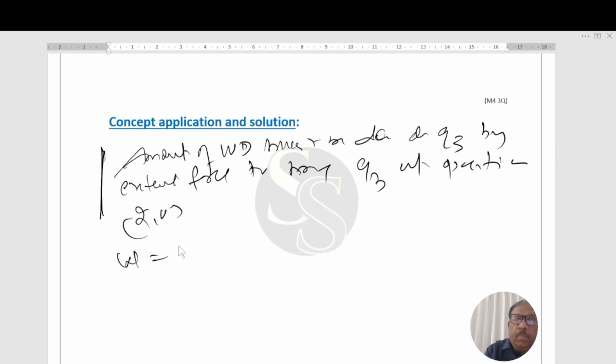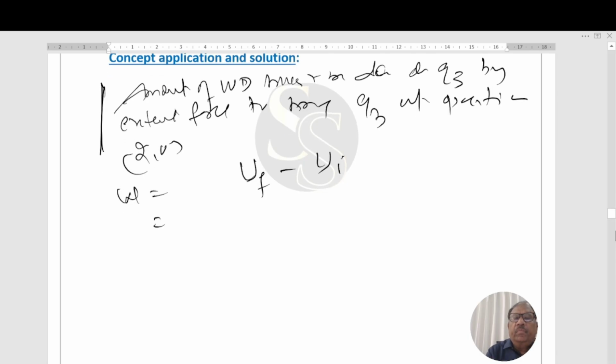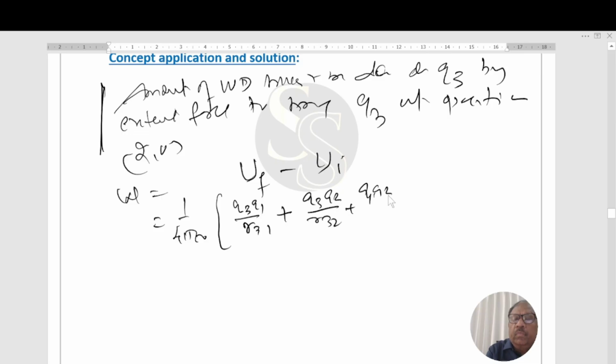Work will be equal to final potential energy minus initial potential energy. That will be equal to 1 over 4 pi epsilon naught, Q3 Q1 upon R31 plus Q3 Q2 upon R32 plus Q1 Q2 upon R12